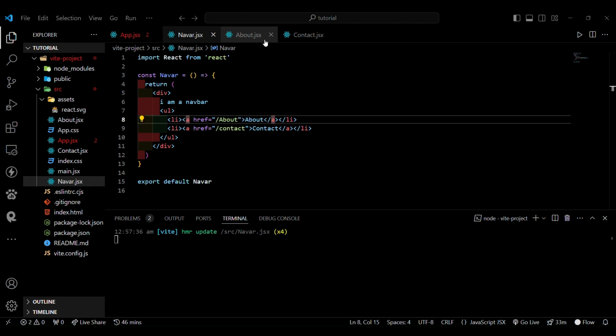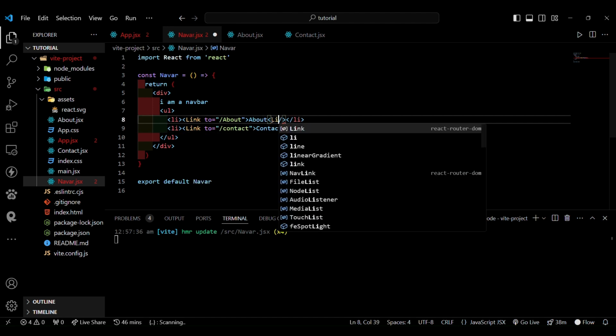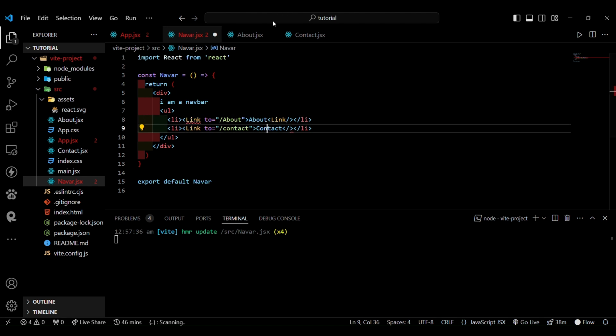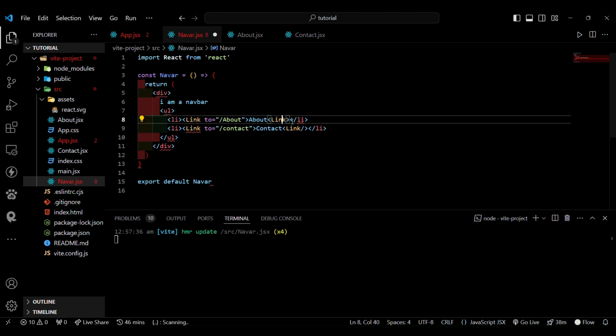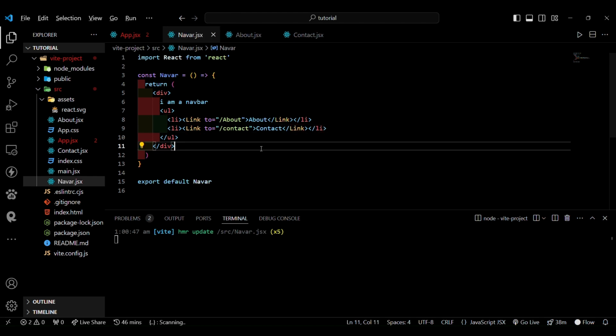To solve this problem, we have the Link tag provided by React Router DOM. We can basically replace the anchor tag by this Link tag and the href attribute by the to attribute. Let me do the same here: Link, closing tag. We have to put the slash here and also this slash right here. So let's save it and let's go to our